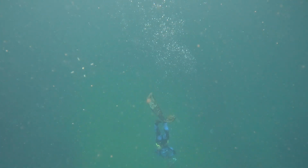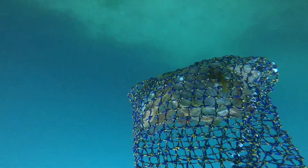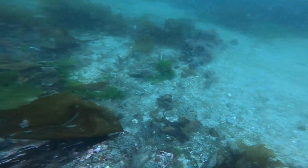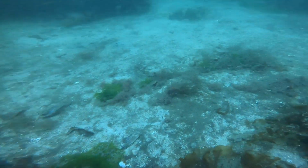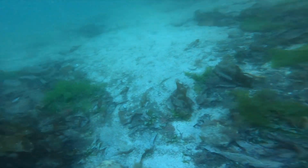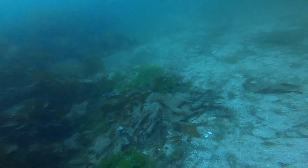One of the main things I love about scallop diving is I think you tend to concentrate on your dive a lot more. You're not thinking about the gun, getting ready to shoot and getting to the kelp. You can concentrate on heading down there like a complete needle, using hardly any energy to get down. You're not pushing through the water. You get to the seabed and you level out, and you just slowly cruise along using as little movement as you can, conserving all the energy and looking about,